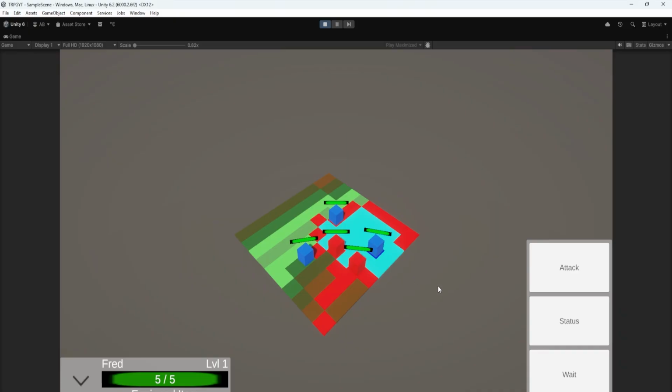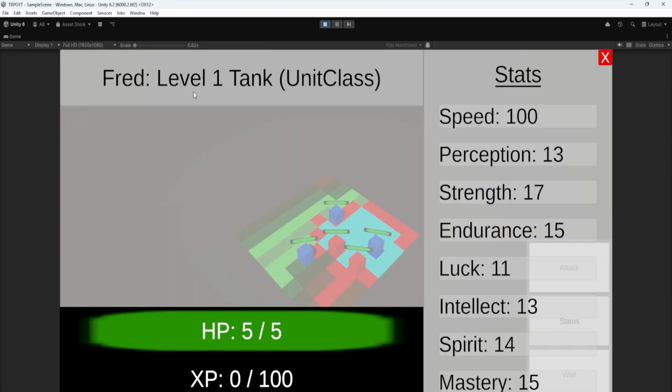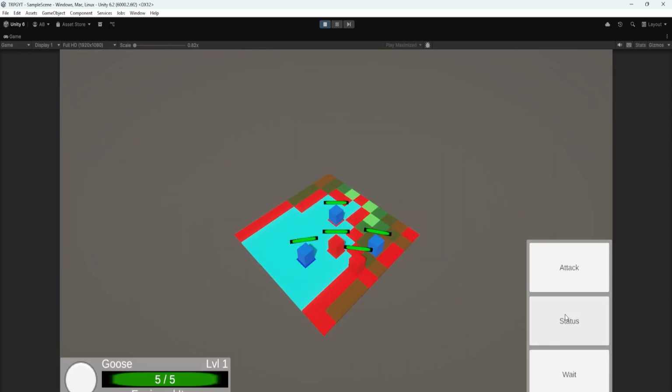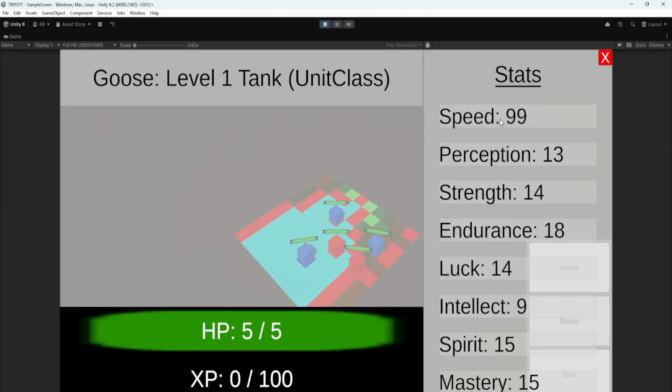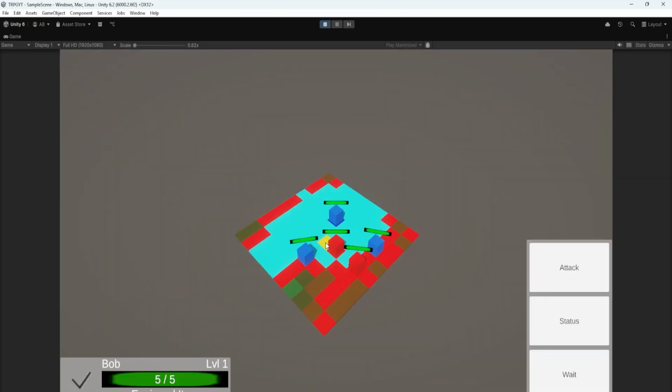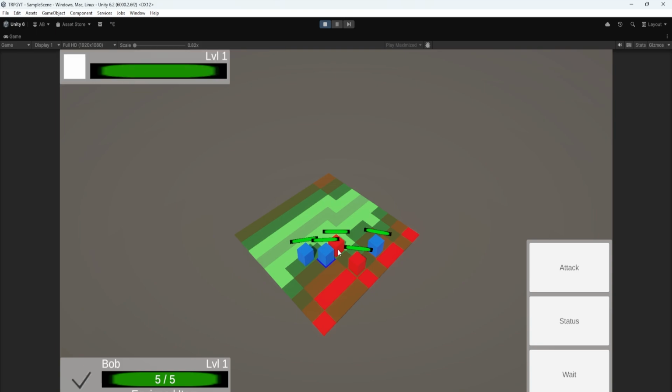And if I select Fred, and look at stats, same thing, level 1 tank, 5 HP, still a very speedy boy. And then Goose. Oh, Goose is a little slower by 1 point. It's a shame. But yeah, level 1 tank. So this makes it easier to see how our stats change when we level up and that kind of thing. And if I go in and attack,